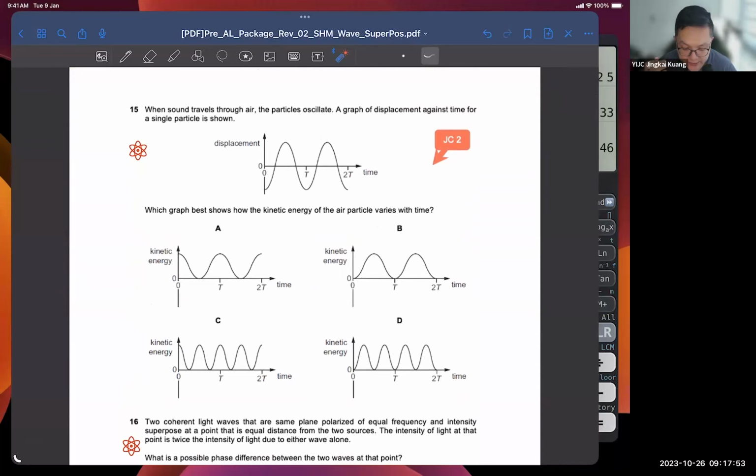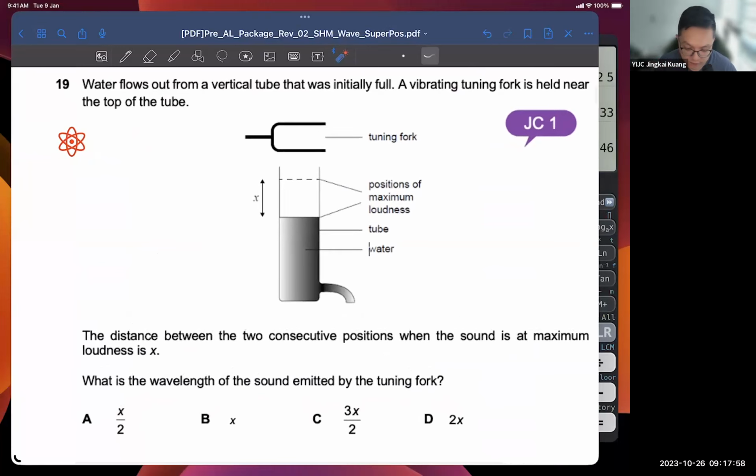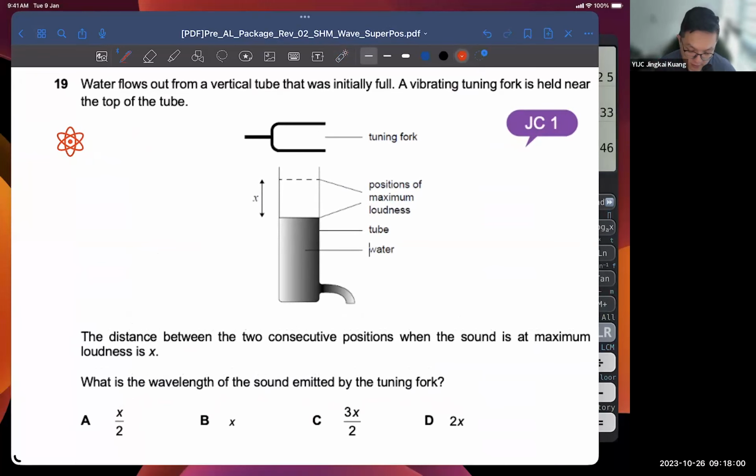Okay, sorry, 19, I just go back and share one tiny point. Your tuning fork, remember, always has a constant frequency. I believe you've done an experiment with a tuning fork. Different tuning forks will give you different frequencies, but each is a constant frequency, so the wave that it pumps out is always the same. If you draw the wavelength, if you draw a standing wave inside here, you're basically trying to find